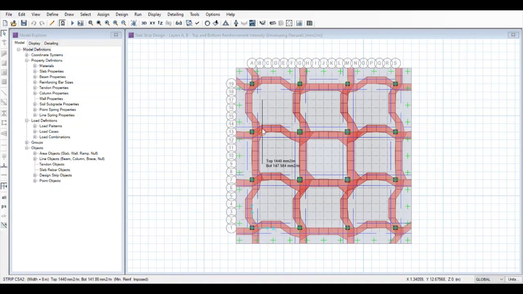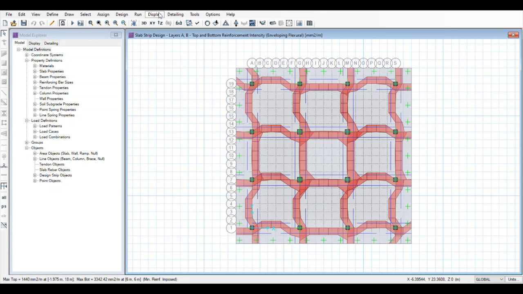As you hover your cursor over it, in both the X and Y directions, top and bottom reinforcement required. Click on OK, apply. Click on close.